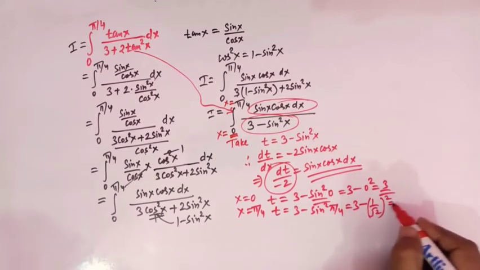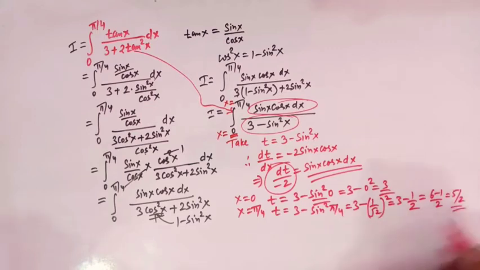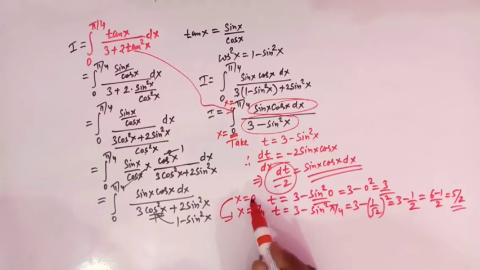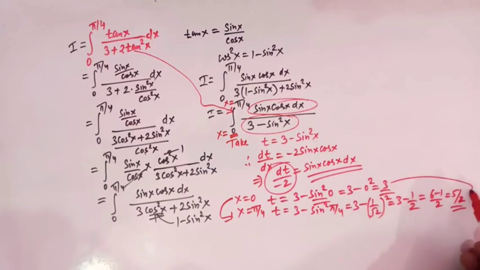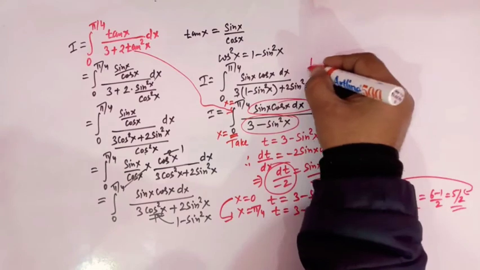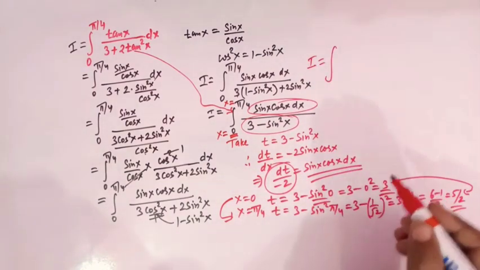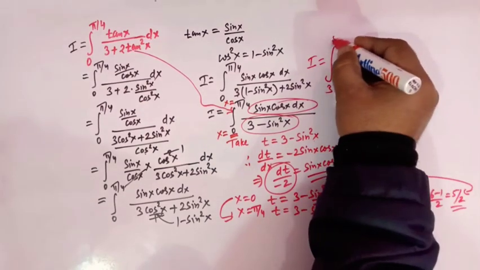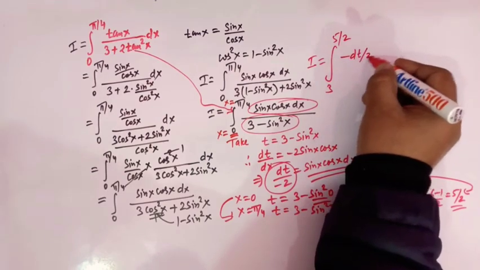So this is a square, so we have 3 minus half, that is 6 minus 1 over 2, that is 5 over 2, right? So when x changes from 0 to pi by 4, then t changes from 3 to 5 by 2. So now this integral becomes equal to 3 to 5 over 2, and we have minus dt over 2,